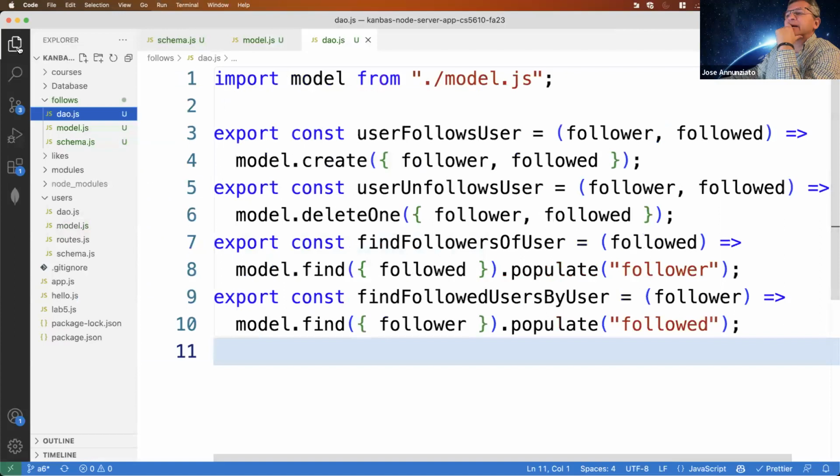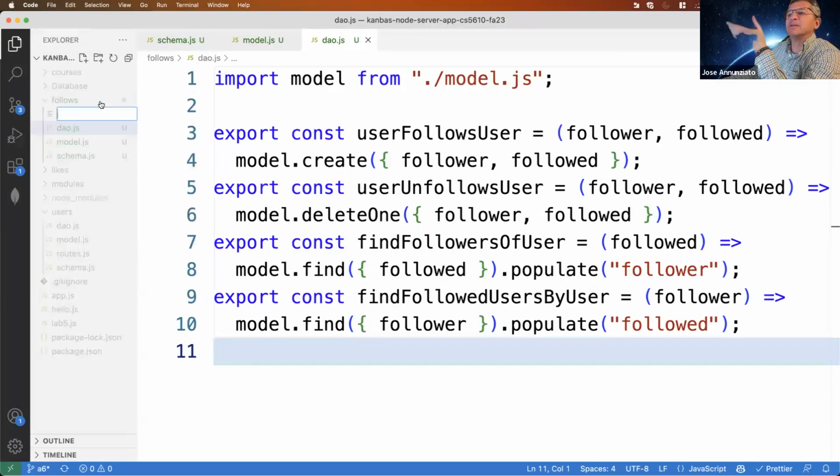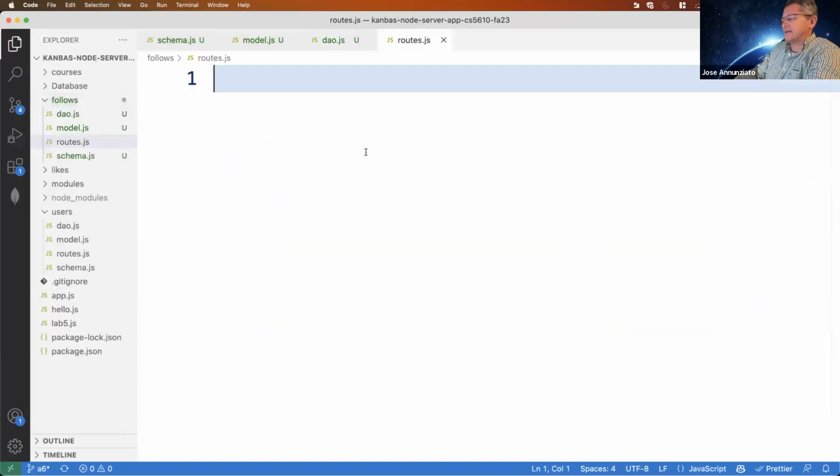So let's now create the routes that we can use from the user interface to integrate with this functionality. So we'll have the routes, and here we'll bring in the DAO. So we'll do import as DAO from the DAO file.